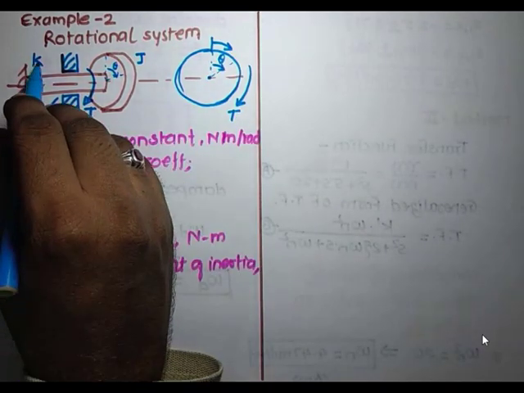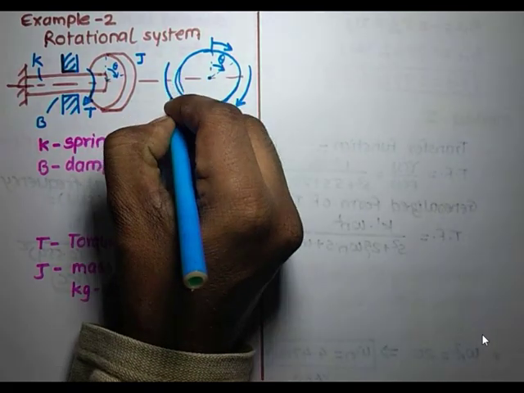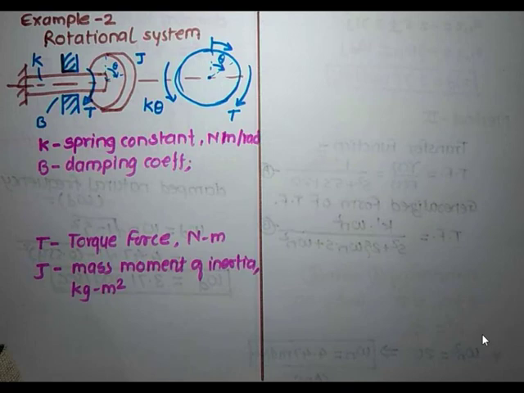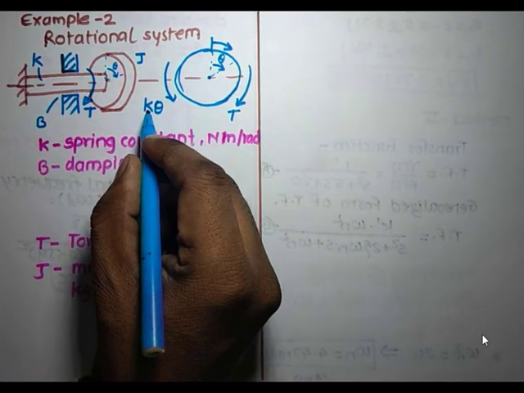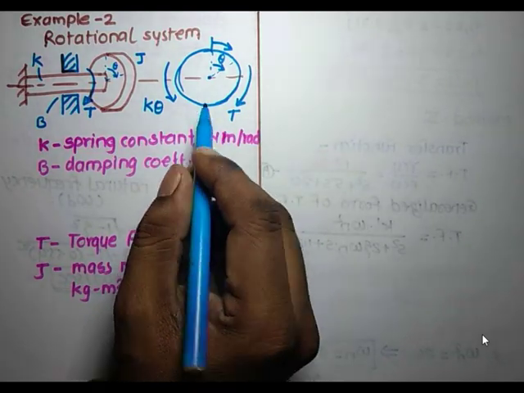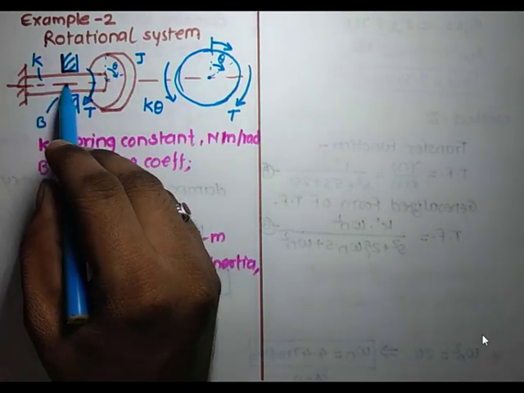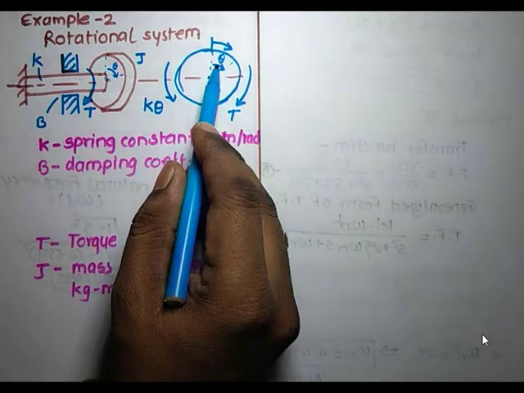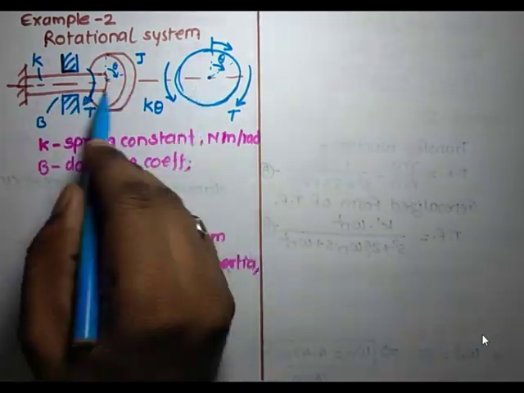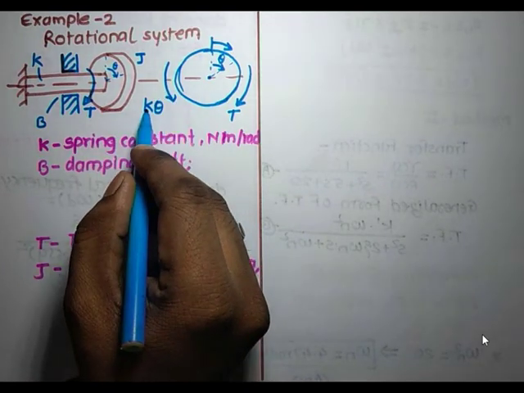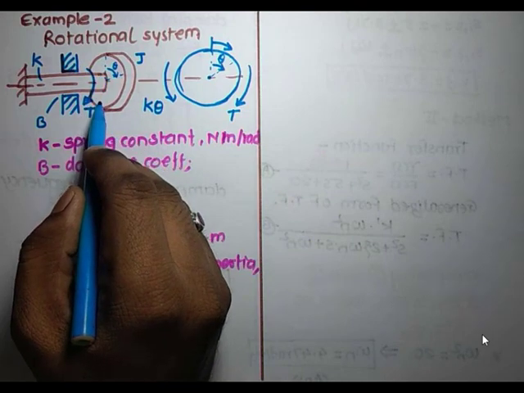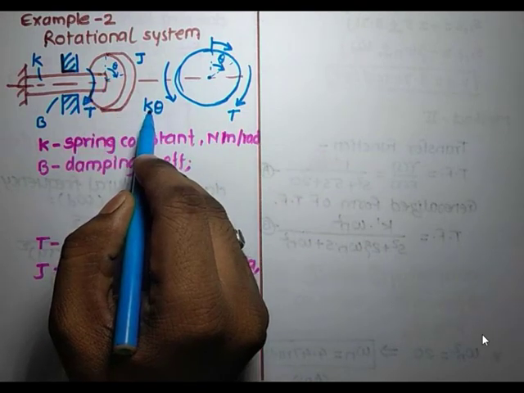Now the role of the spring is to resist the motion, so we apply a spring force, that is K into angular displacement theta. Since spring constant is equal to force upon displacement, or the force required to have a unit deformation, in the torsional system the spring is subjected to the deformation theta. In a translational system, the spring is moving in a translational direction, so we would consider K into X, but in this case the spring is subjected to the torque T, so it is subjected to the angular displacement theta.